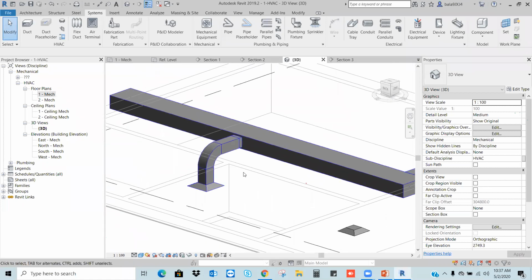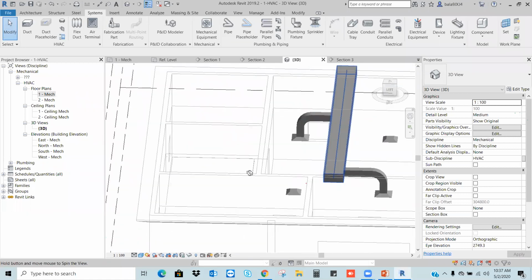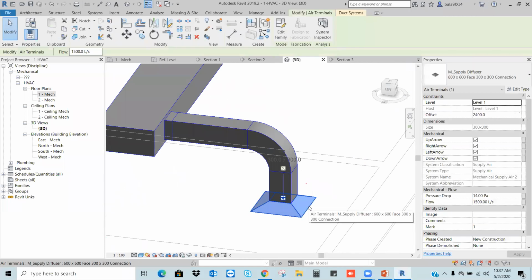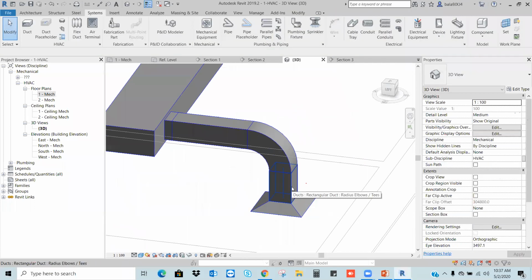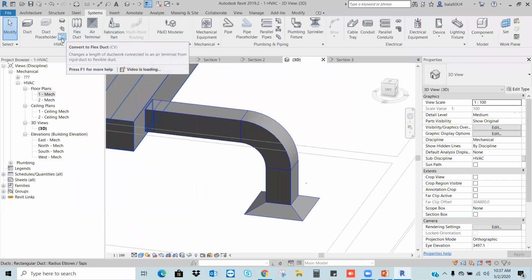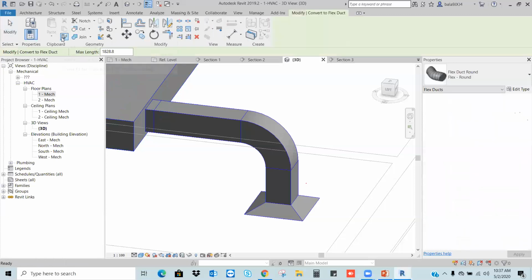Let's say according to our conditions, our rules, we should connect this supply diffuser with a flexible duct. So I need to draw the flexible duct here. To draw the flexible duct, I have the convert flex duct option in the HVAC. Just click it.